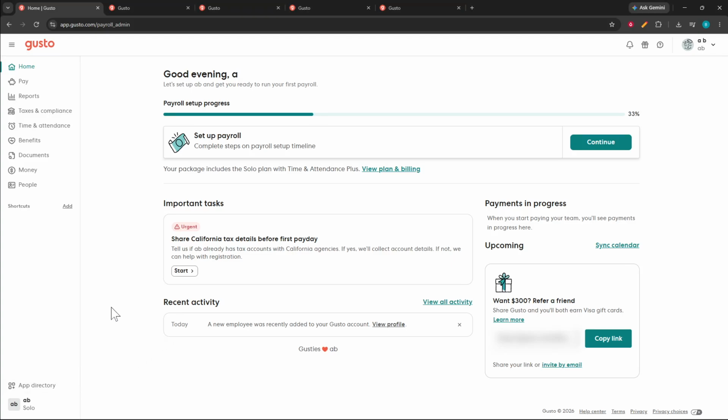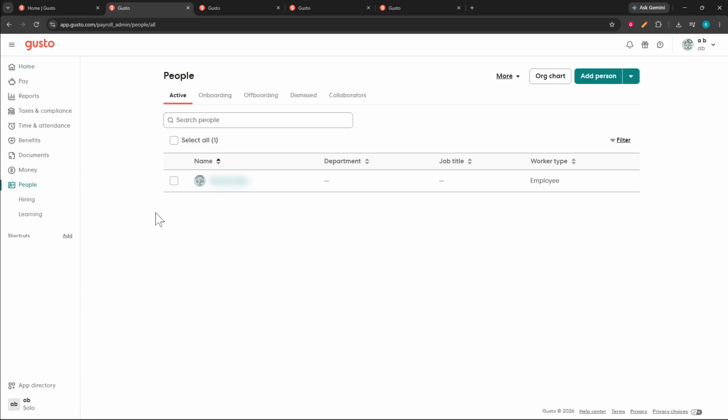Here's how to add an employee's mailing address in Gusto. Once you are already signed in to Gusto, go to the left-hand navigation menu and click People. This opens the area where employee records are organized, and from there you can move into the correct profile before